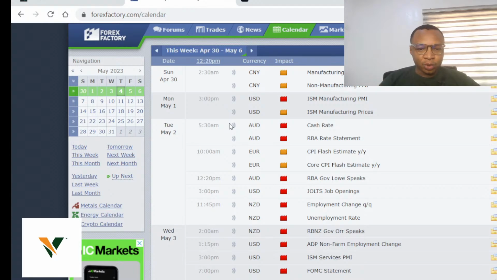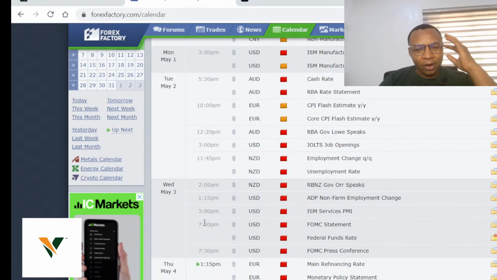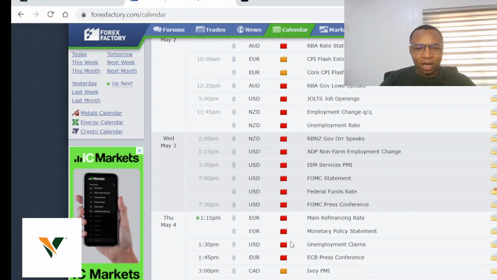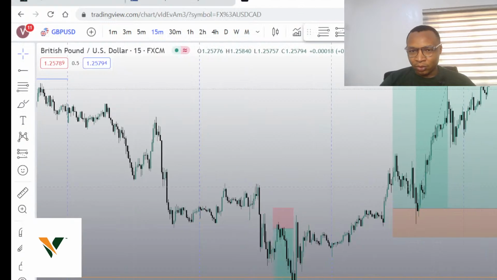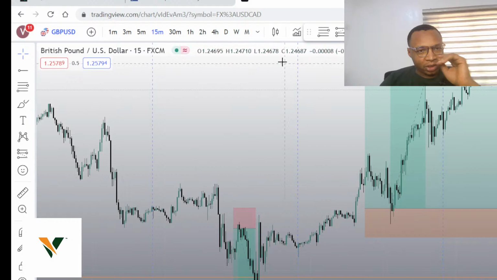Now coming into today, being Thursday, because of the heavy fundamentals we've been having this week, we've been off the market, except for some who would love to scalp. We scalped, I think, about 10 to 15 pips today, and we were off the market. We'll run you through that particular analysis of how we were able to get a few pips and run out of the market.